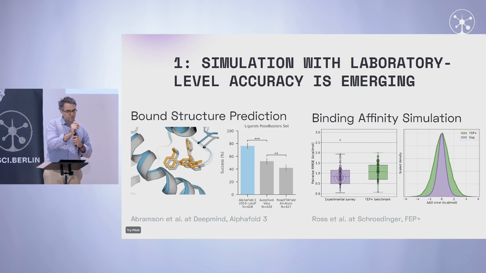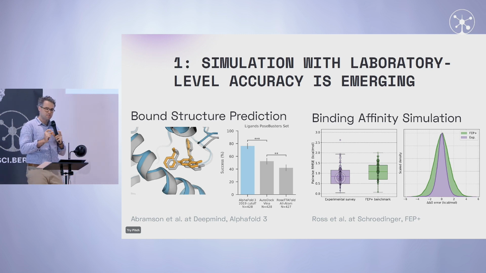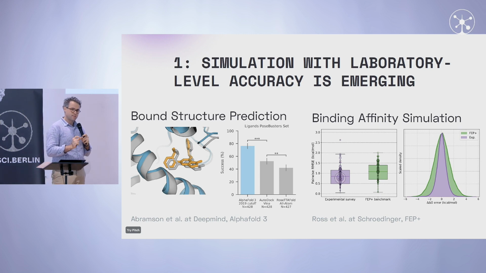And in particular, they looked for cases where they had two teams that were not working together test the same target with the same molecules. And then they looked at, well, what's the error? What's the deviation that they get when two teams run the same experiment, basically? And that's what you can see in purple here. This is the root mean squared error. And you can see this is about 1 kilocalorie per mole, which is just the unit to measure binding affinity.